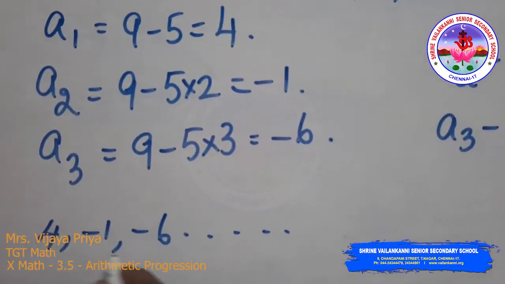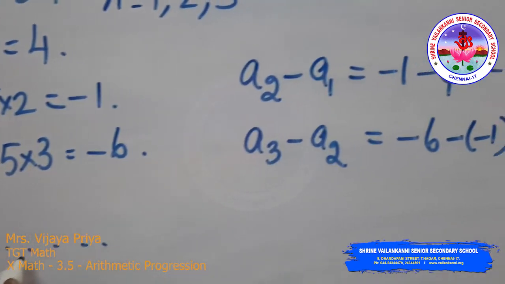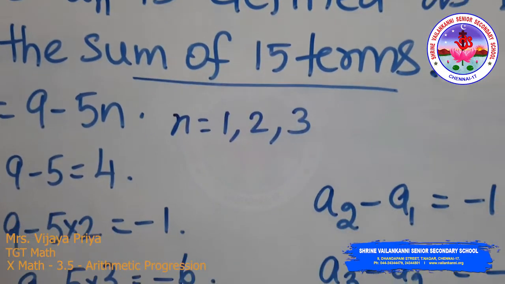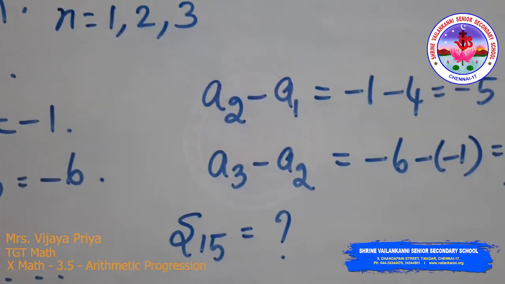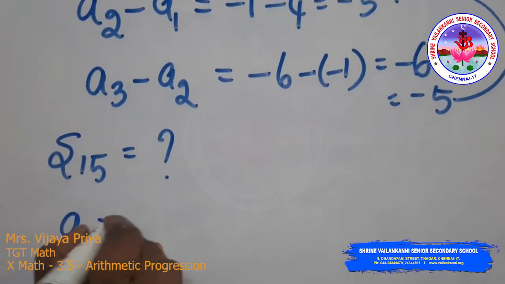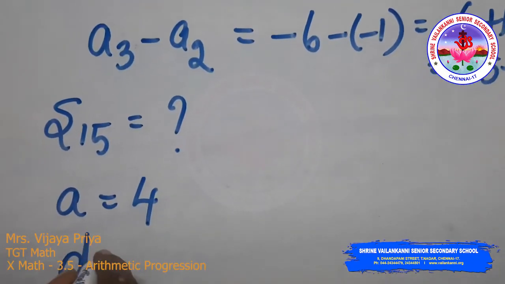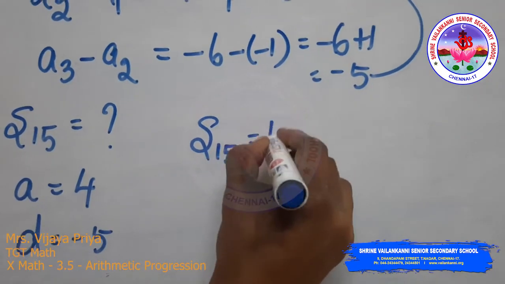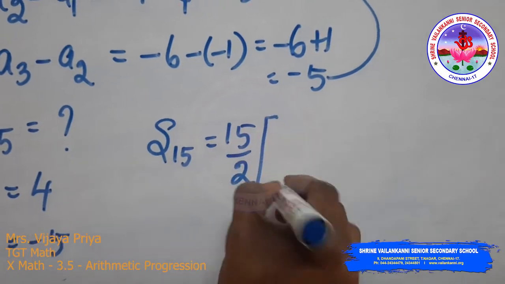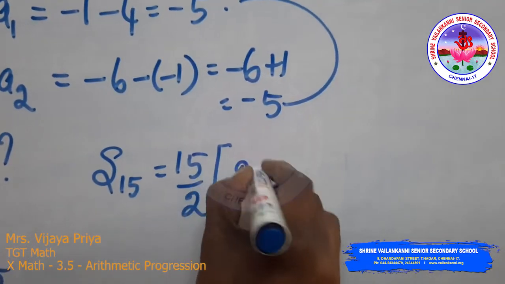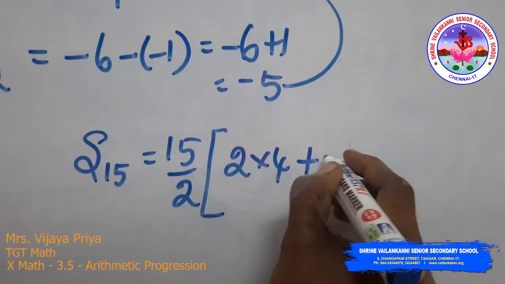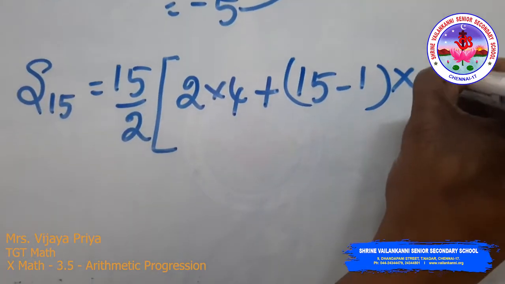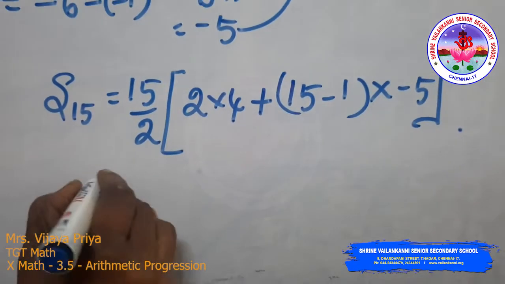So now after finding this AP, we need to find out the sum of 15 terms of this AP. So I want to find out S15. Here I got my a as 4 and common difference as minus 5. So my S15 is equal to 15 by 2 into 2a, so 2 into 4, plus n minus 1 into d, 15 minus 1 into d, where d is minus 5, which is equal to